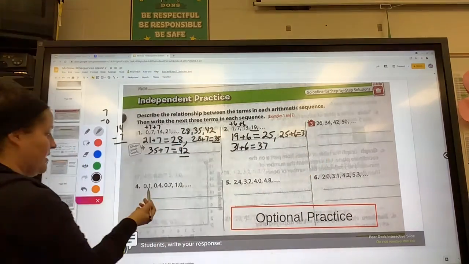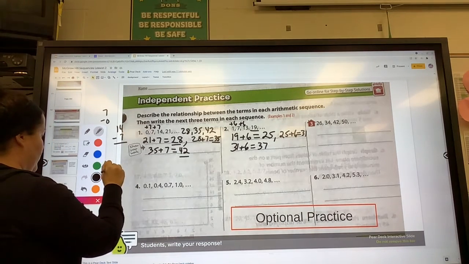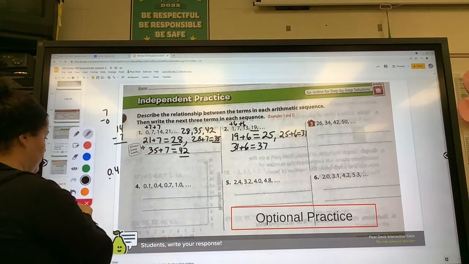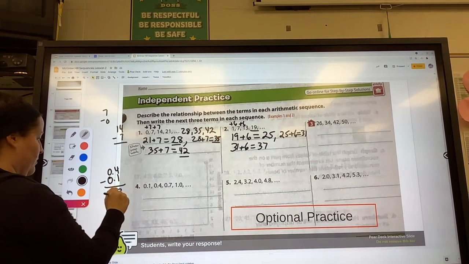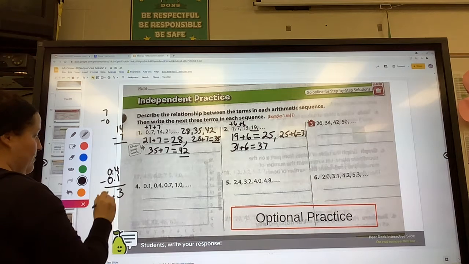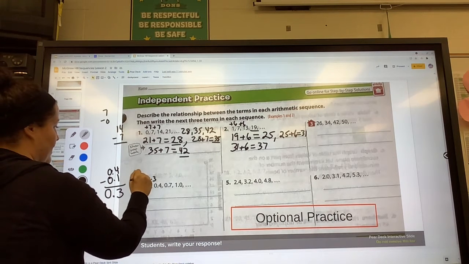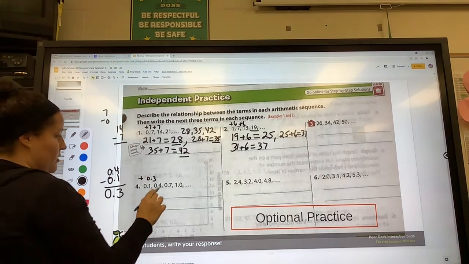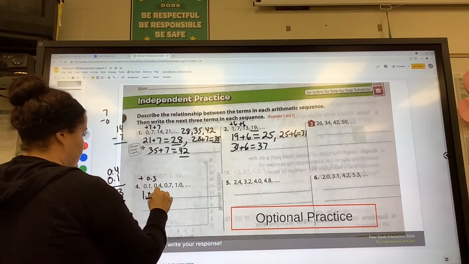Let's do the decimal one here. Looks like from 0, let's just take our first 0.4, subtract 0.1. 4 minus 1 is 3. Bring down the decimal in the same exact spot. So it looks like it's 0.3 added to each one, right? So I'll take 1, my last term, 1.0 and add 0.3,